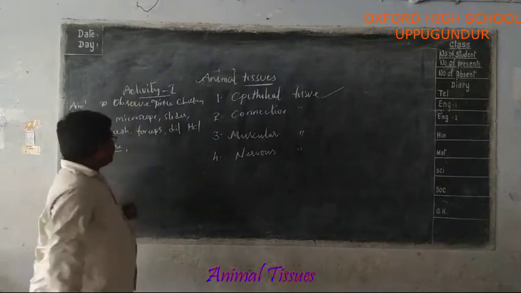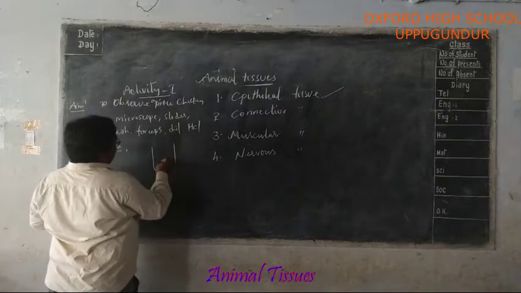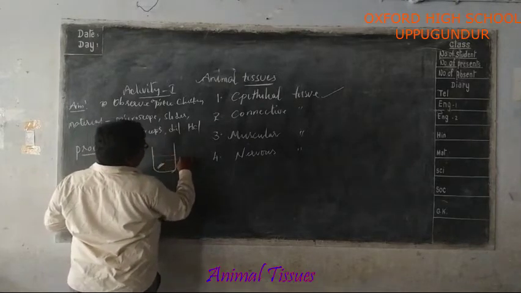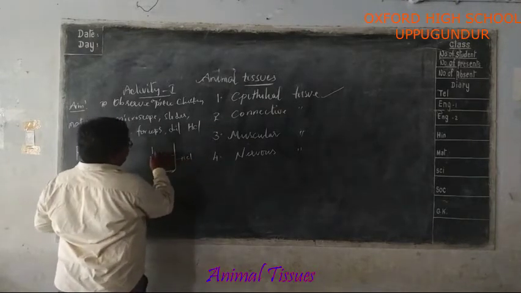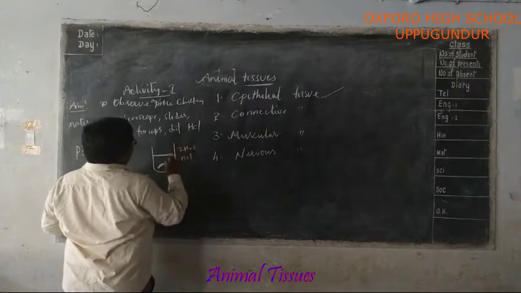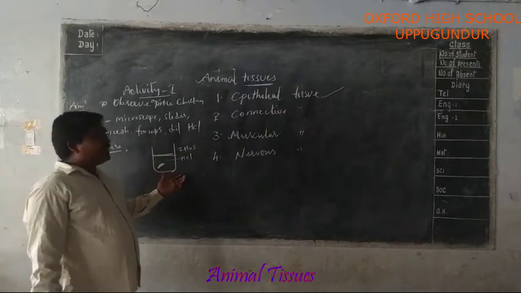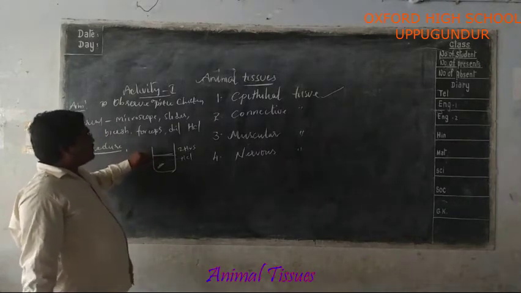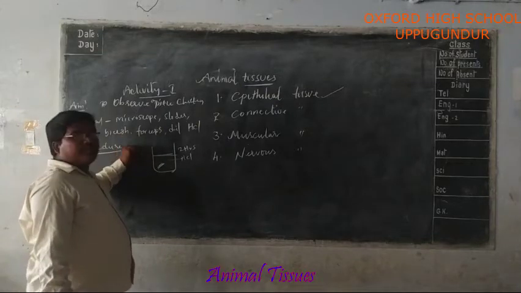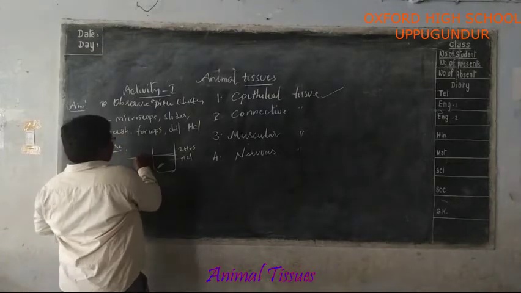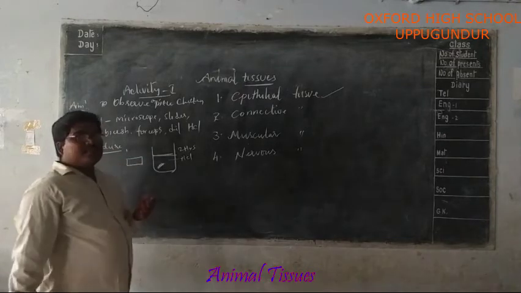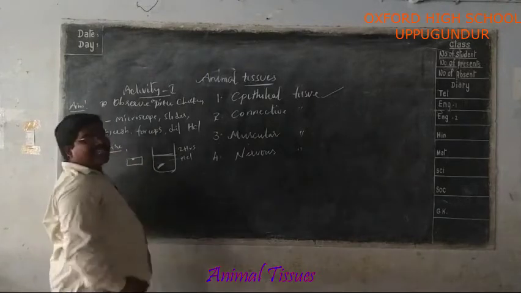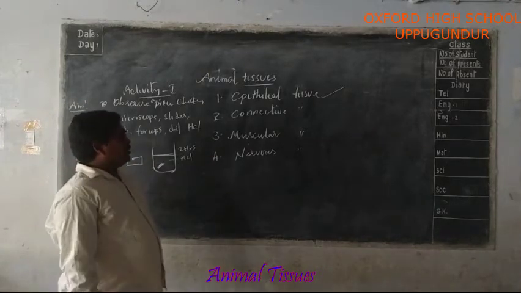Collect a small piece of chicken with a bone and place it in dilute hydrochloric acid for 2 hours. Okay, so keep it in hydrochloric acid for 2 hours. After the 2 hours, take the chicken piece outside with your forceps and place it on the glass slide, press the piece against another slide and observe under the microscope.